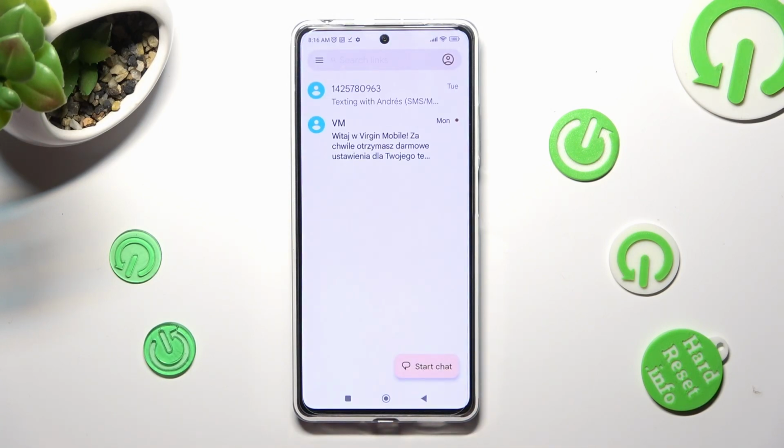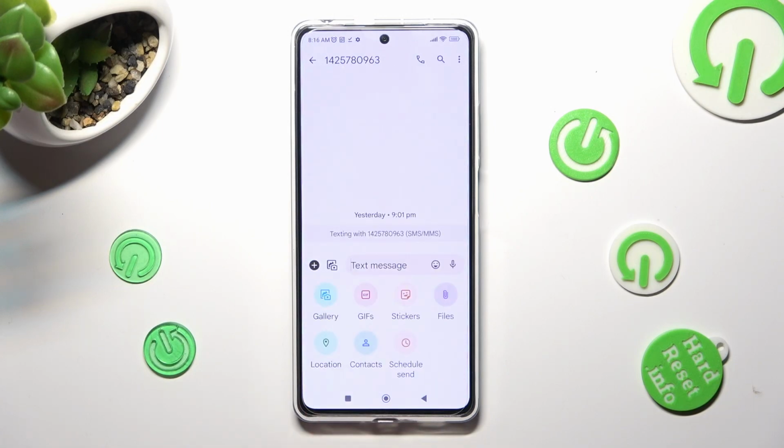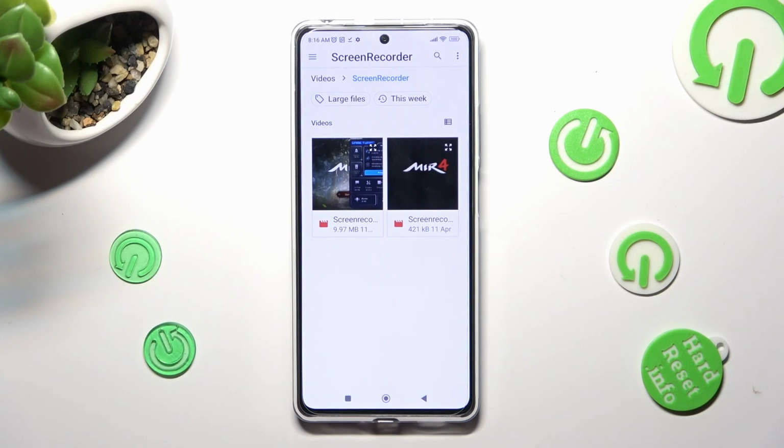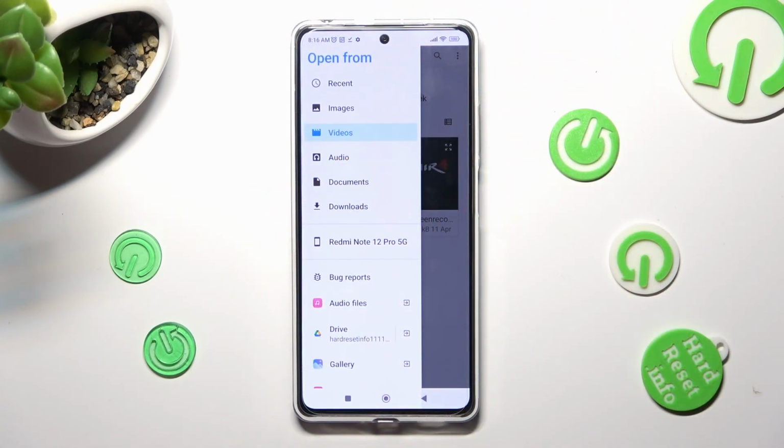Now select one of your chats and tap on this plus icon at the bottom left corner. Then tap on Files. Finally, you can click on those three lines at the top left corner and select one of the available sources,